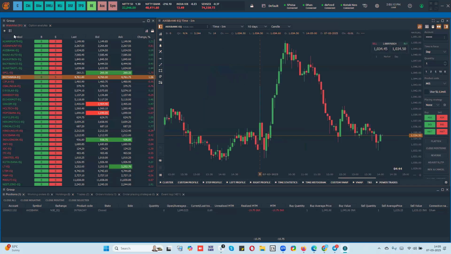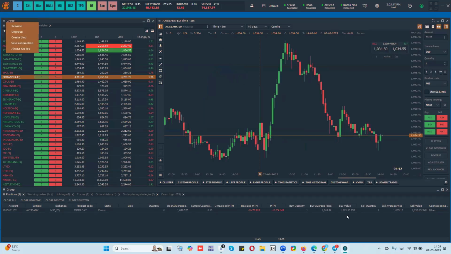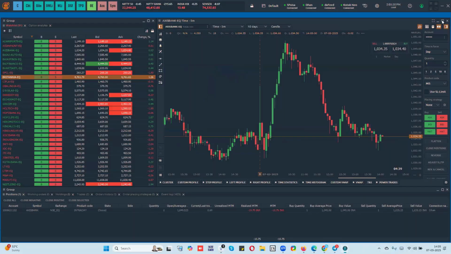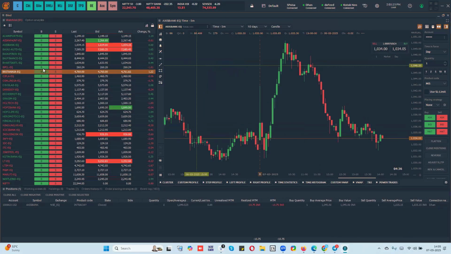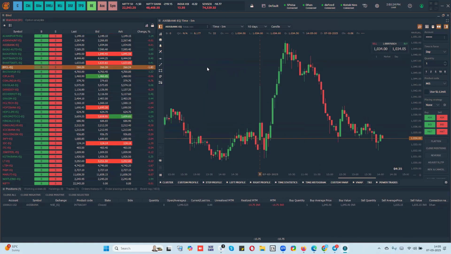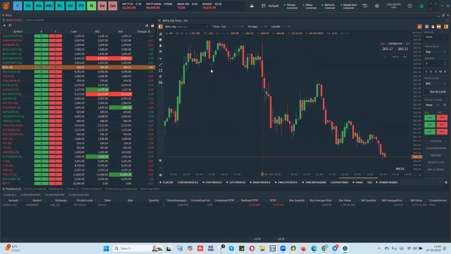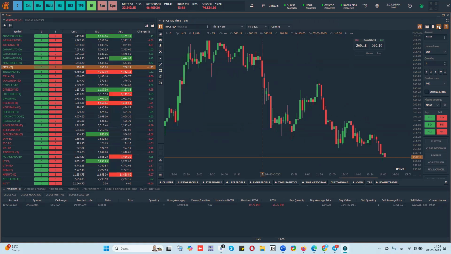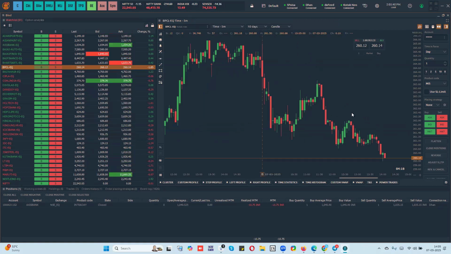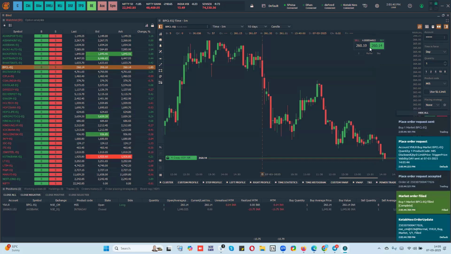So next one is from the charts. I have a bind created where I can just drag and drop any symbol. Now, from here, I can place orders. First, I will talk about how you can place a quick order. For example, I want to buy at market. You can enable this functionality to make this visible. This is called quick order entry. So I can click buy at market or sell at market.